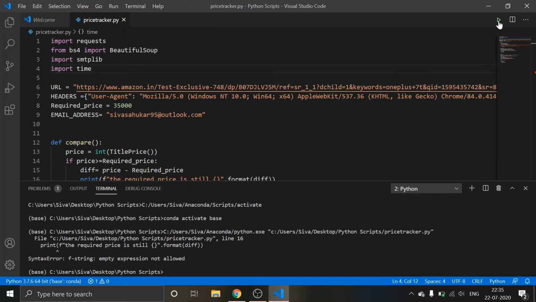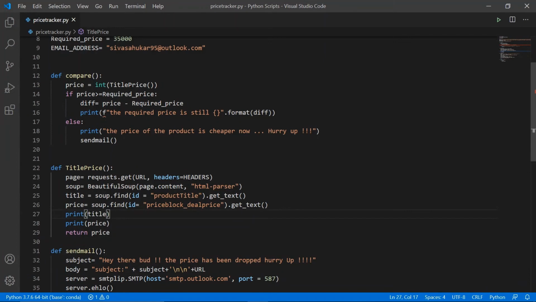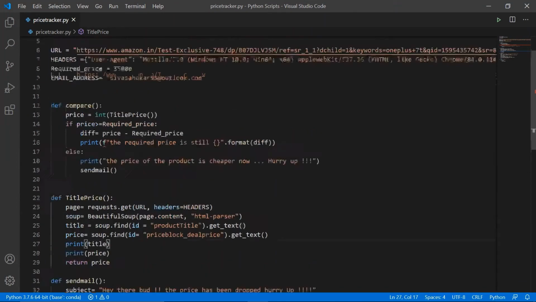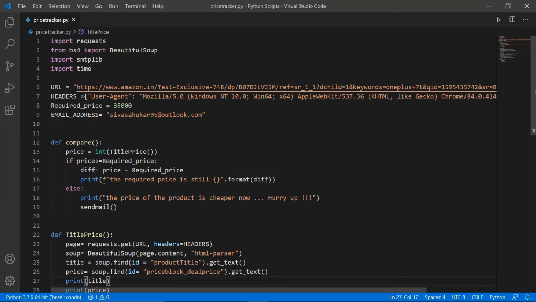Activate base. F string is missing. It's showing that F empty expression, something is wrong here. So what actually went wrong? Let's analyze step by step and revise our code once again.